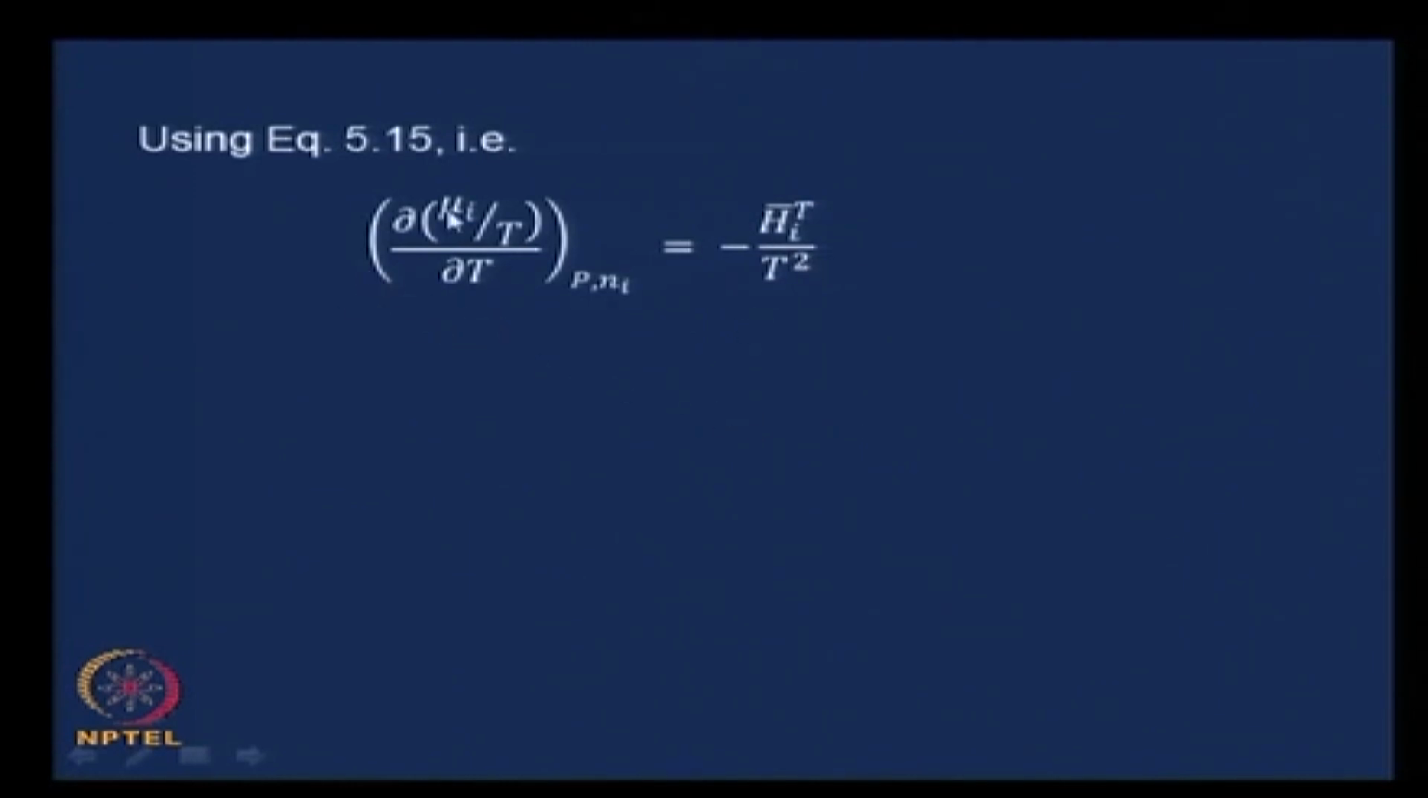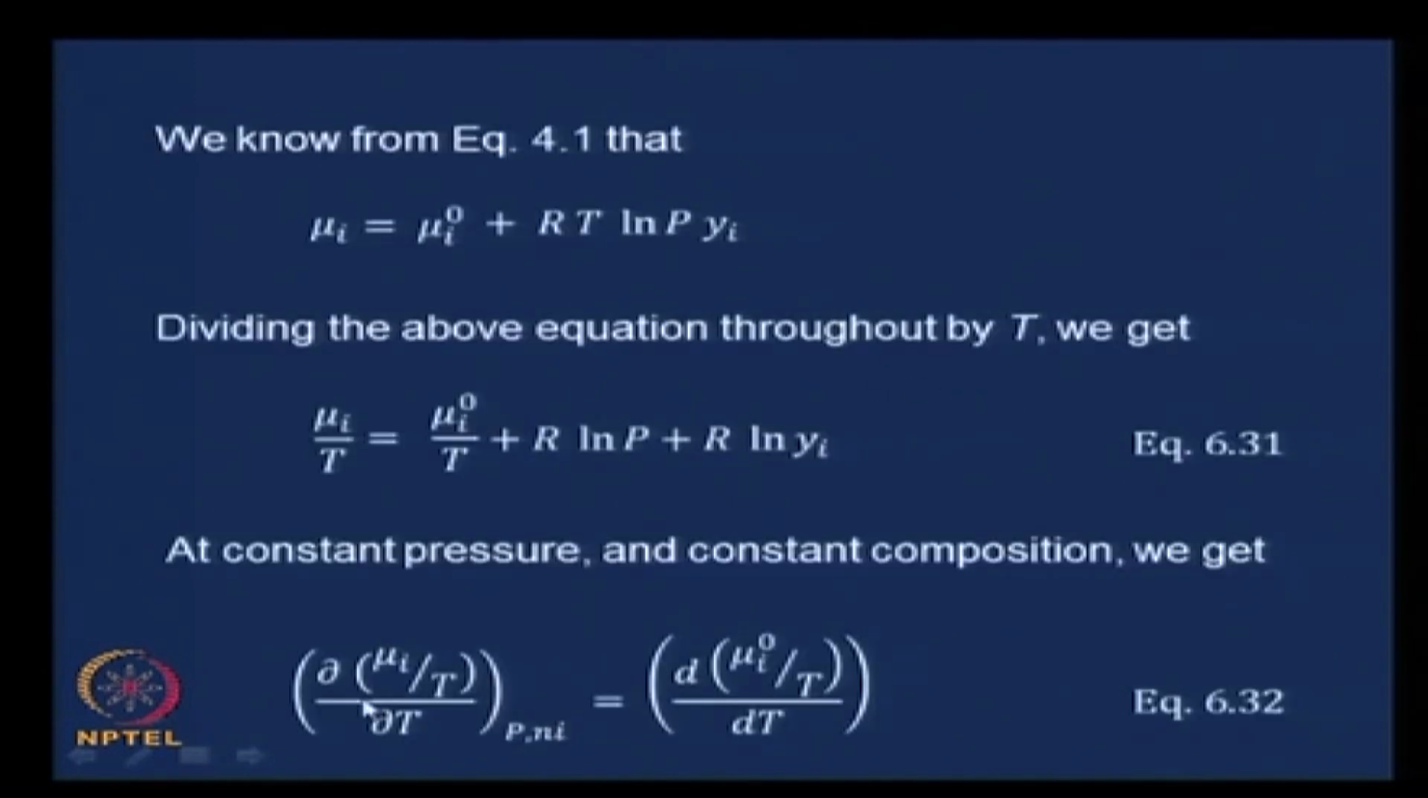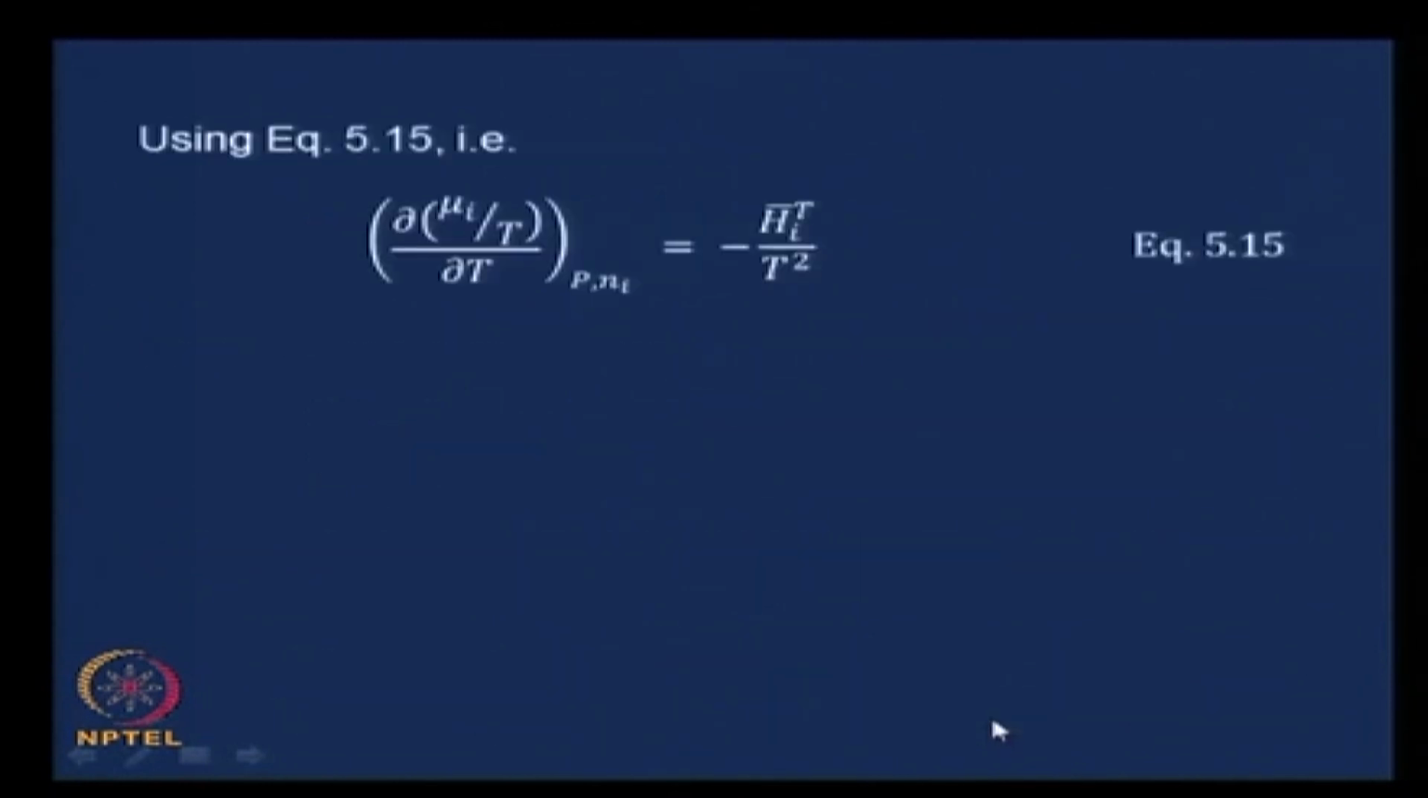So, on one hand, from equation 515 we have ∂(μ_i/T)/∂T at constant P and n_i equals minus H_i^T-bar by T squared, and as a part of this equation we have ∂(μ_i/T)/∂T at constant P and n_i equals d/dT of (μ_i°/T). Therefore, since the left hand sides are equal, we can equate the right hand sides, and therefore 632